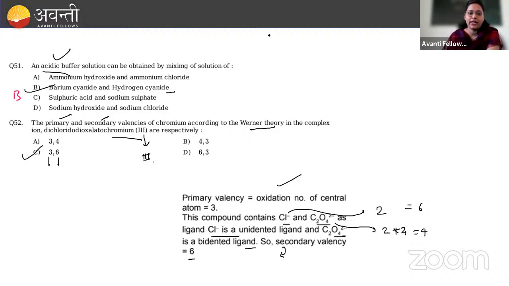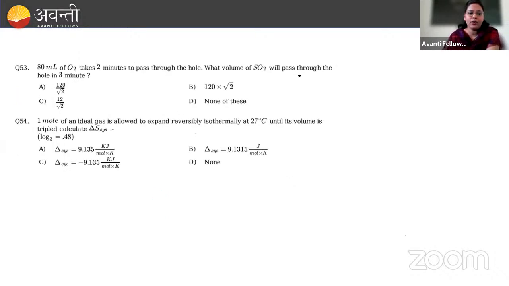Okay, let's move on to the next problem. 80 ml of O2 takes 2 minutes to pass through the hole. What volume of SO2 will pass through the hole in 3 minutes? Here we need to consider the diffusion. Rate of diffusion of one molecule with respect to the rate of diffusion of another molecule is equal to volume by T1 divided by volume by T2. Volume of the first molecule divided by the time taken for that molecule, divided by the volume of the second